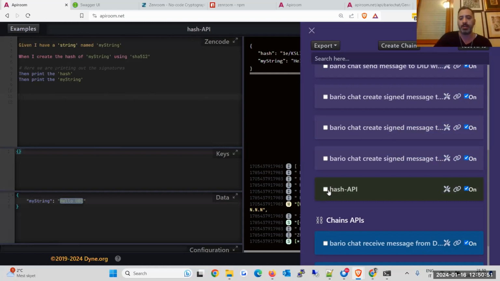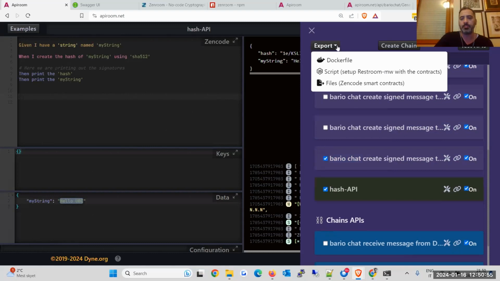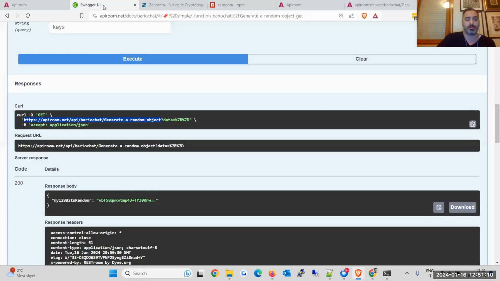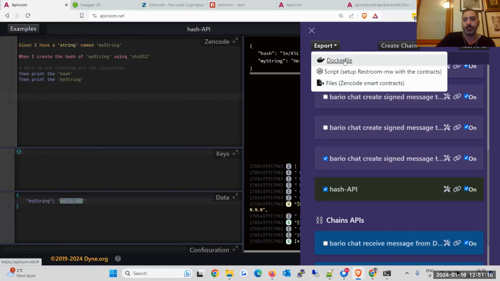So the two scripts that I've just created, let's say that I want to deploy a microservice running those two APIs. So what do I do? I check 1 and 2. I click on export, and I have several options. The last one exports only the scripts that I wrote. This exports a shell script that installs everything you need to get to this point, so to install Swagger and run the APIs. The first one exports a Docker file that allows you to do the same thing as before,